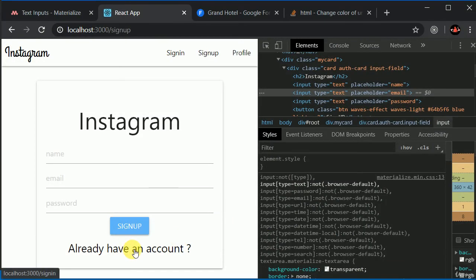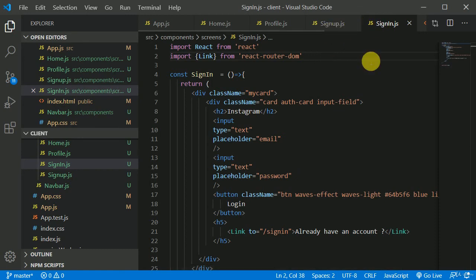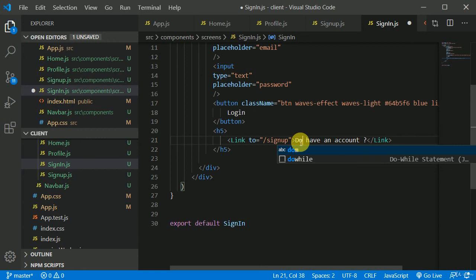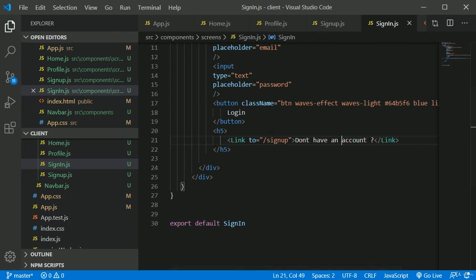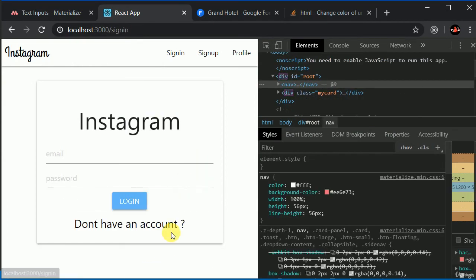Here we can see already have an account, and I need to change the text in sign in and navigate to the sign up screen, with the text: don't have an account. Like so. If I click on this, I'm navigated to sign up. If I click on this, I'm navigated to sign in, and it's awesome.